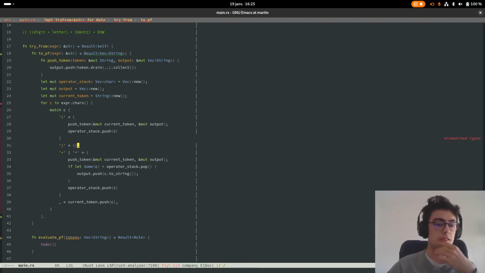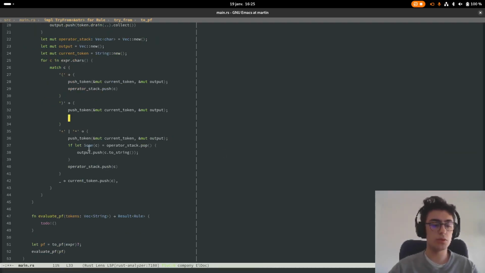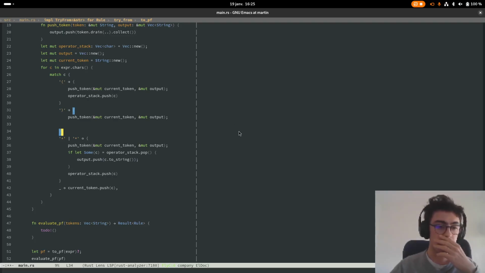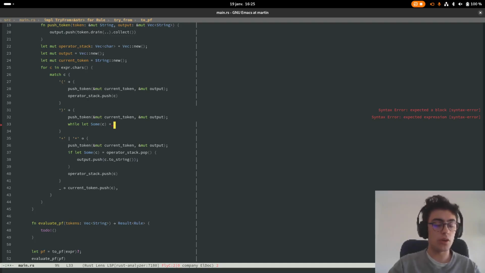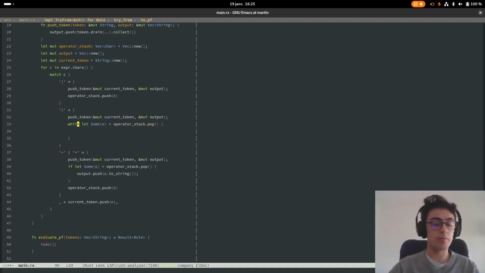But the interesting thing comes when we are finding an ending parenthesis. So we want to first push the token. Okay, that's fine. Maybe we should do something to avoid repetition right here. Yeah, we'll see later. And then while let Some(c) equal to operator_stack.pop(),